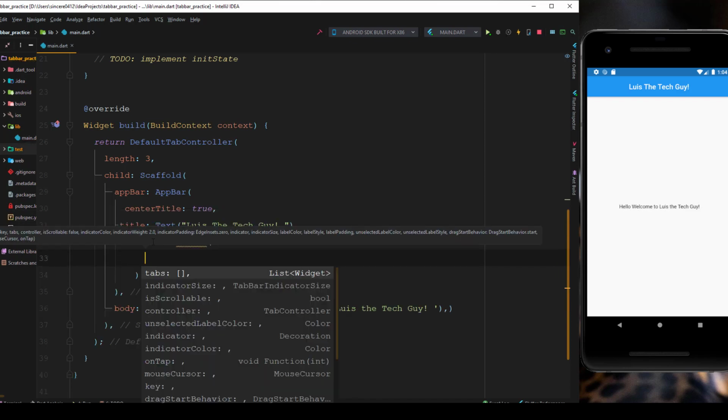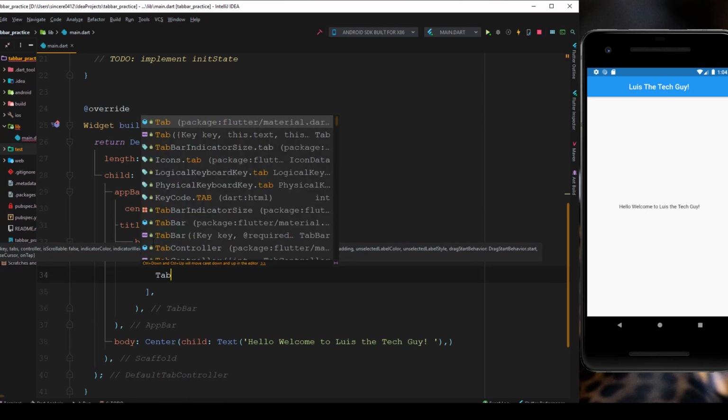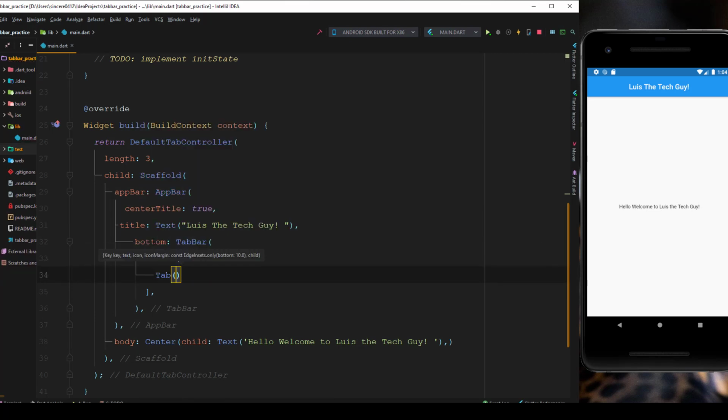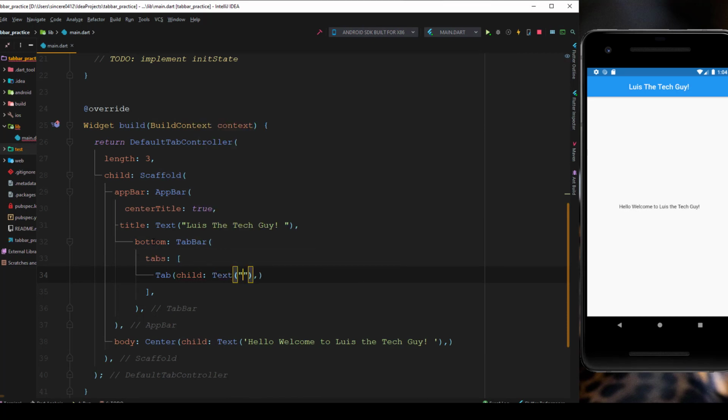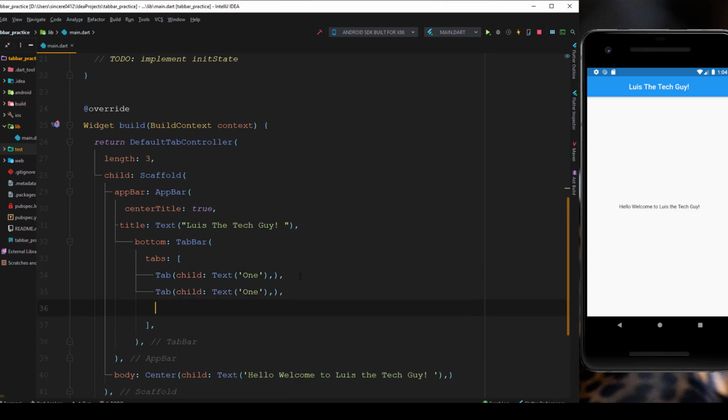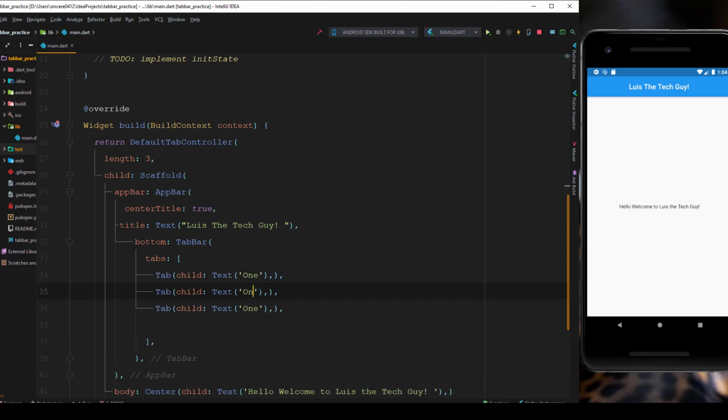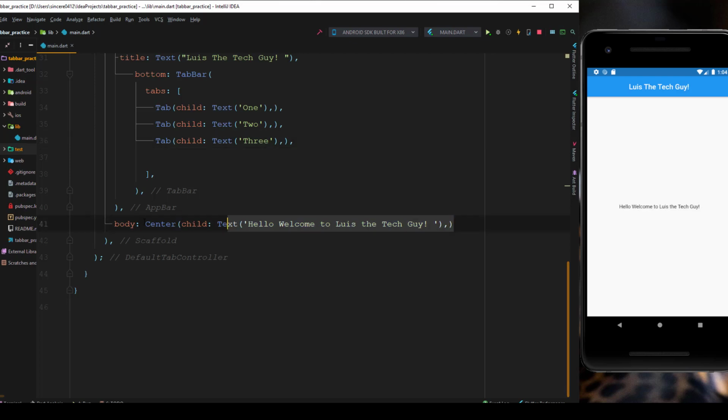And what we're going to do is we're going to get a list of tabs in here. The tab accepts a child of widget. And we're going to add a text, one, and just through the magic of copy and paste, we're going to select this, Control C, Control V. All right, so that's 1, 2, 3. All right, so then down here in our center,